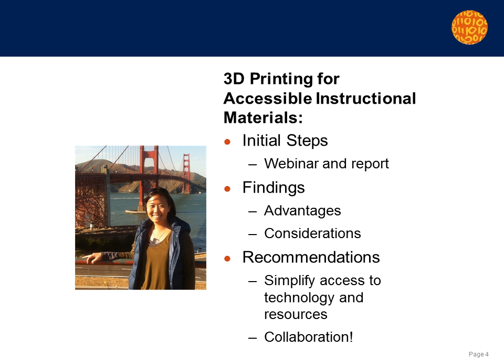So that kind of segues us to the biggest recommendation, which is collaboration. So in order to ensure that this technology is really appropriately used and applied for accessibility, it is so important to collaborate and build partnerships and relationships between technology developers, the teachers who can potentially use this technology to enhance instruction, to really loop in the special educators who understand the differentiated learning needs, and lastly, the community supports to leverage resources, which you'll hear more about later. So moving along,